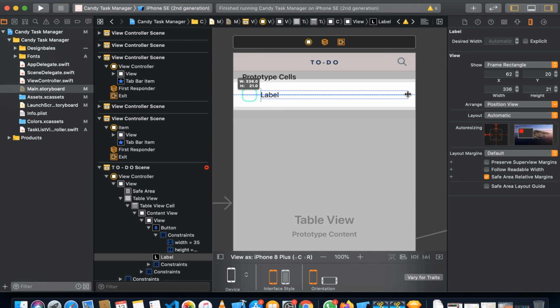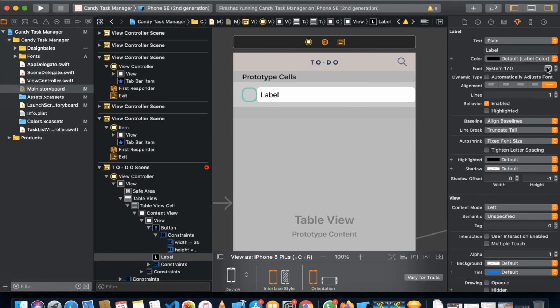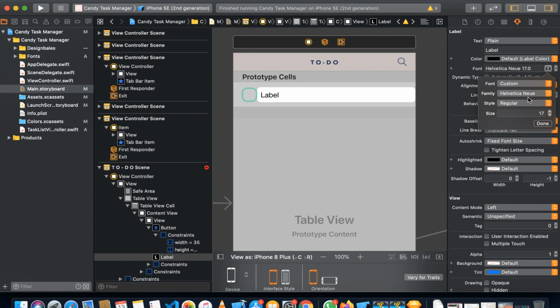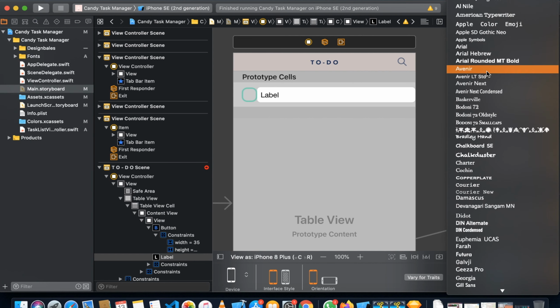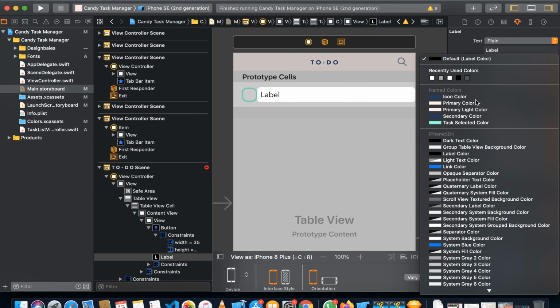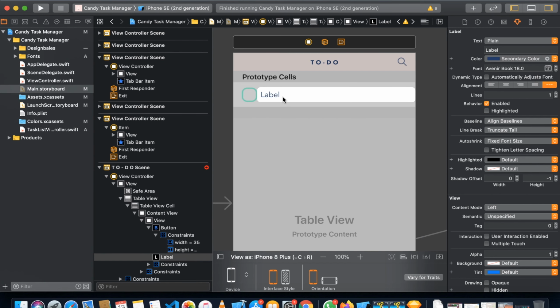And we can simply increase the size of the label. First, we have to change the font family. If we click on the fonts, we can go to custom, search for Avenir Book, size 18. This is fine, and we can change our color to secondary. Okay, we can type task